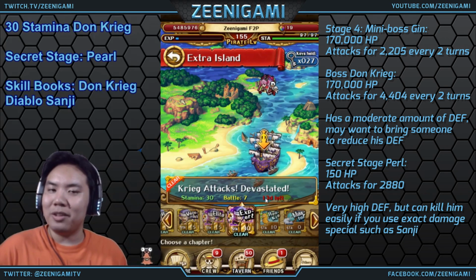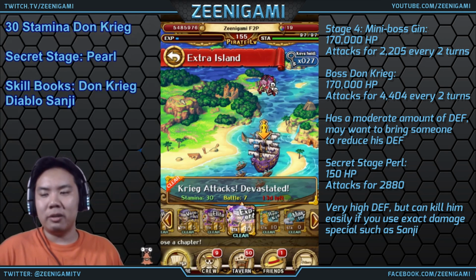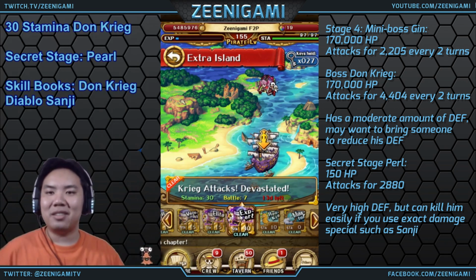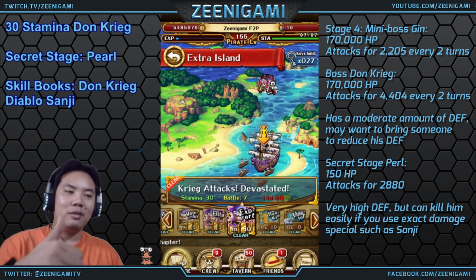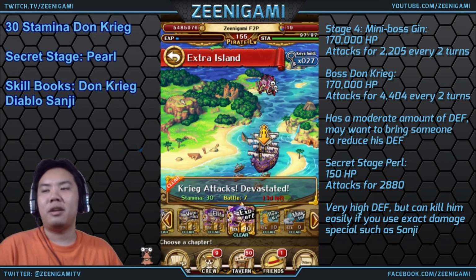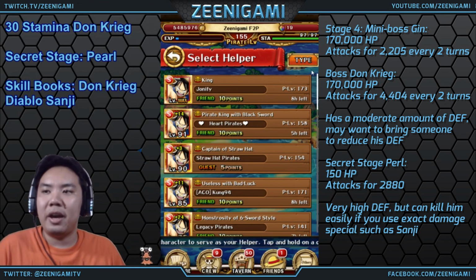Let's go through 30 Stamina Don Krieg Island. Don Krieg is one of the earlier islands made, so it's got some pretty bad stuff on it. It doesn't give you much experience, gives you some really bad skill books. Don Krieg is the, what is he? The first, second, third, fourth, fifth island to be made, so it's still before all the bad or all the